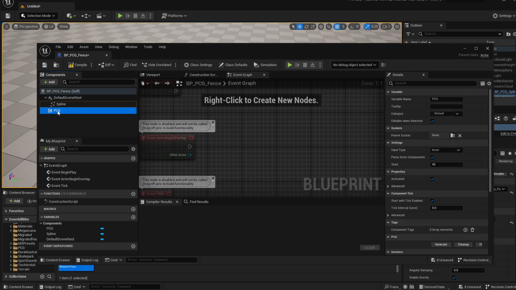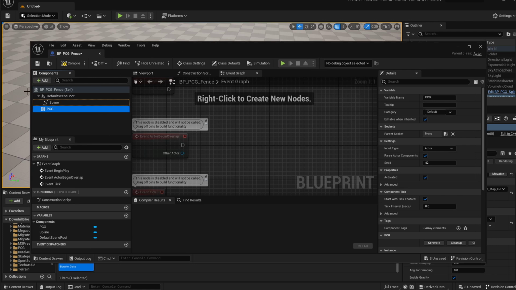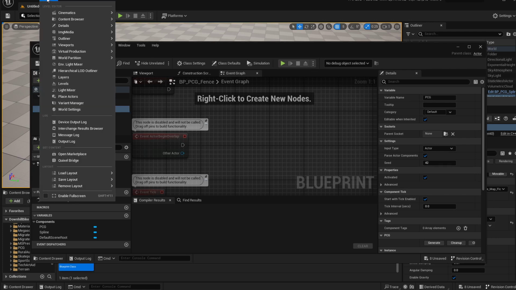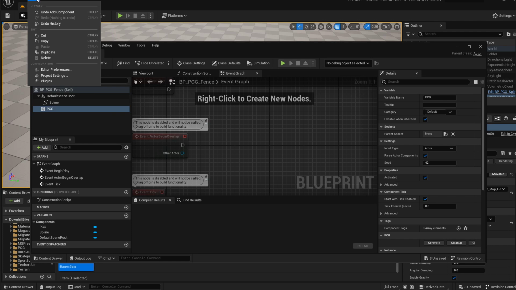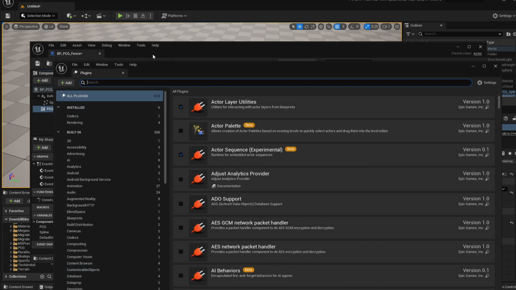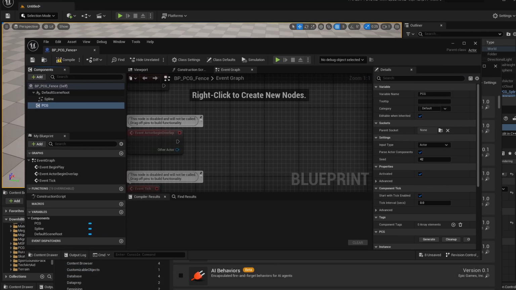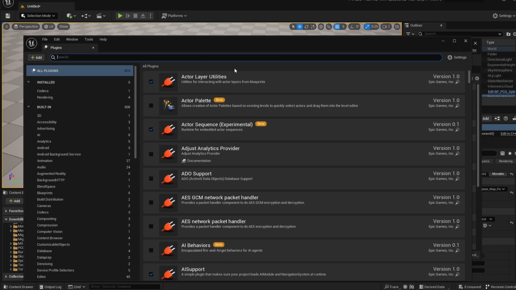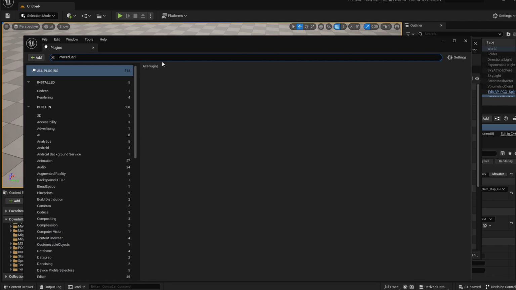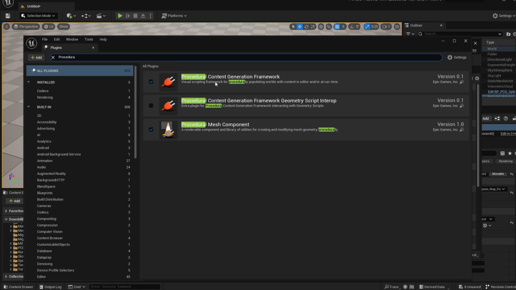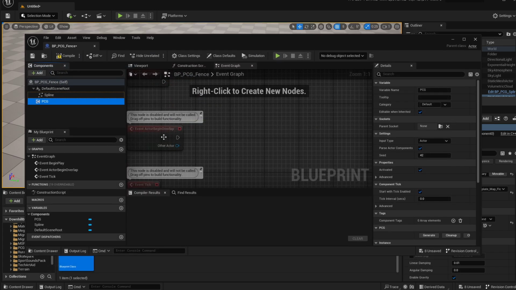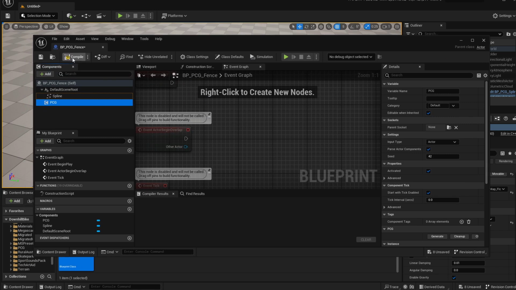component. If you don't have this PCG component in your list, you need to enable first the framework. So go to edit plugins, then search for procedural, and you need to enable the procedural content generation framework and the procedural mesh component. Then you'll be required to restart your Unreal Engine, and after the plugins are loaded, you can create a PCG